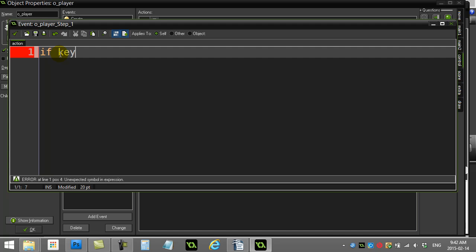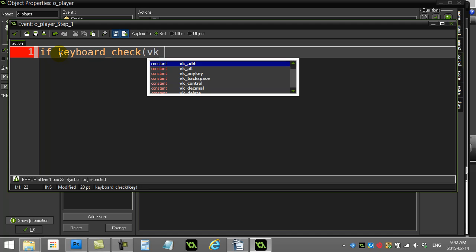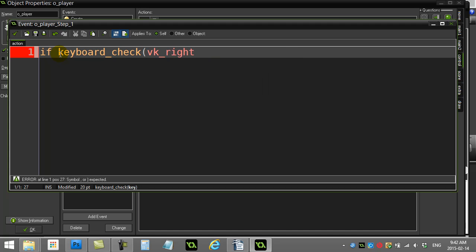So here we go. To check the keyboard, I'm just going to say if keyboard check, and as a parameter you pass it the name of a key, and I happen to know that the right key is VK right. The VK stands for virtual key. There's a list in the help file of GameMaker. It'll tell you what all the keys are. The keyboard check right checks if that right arrow is down, so I'll say if true,